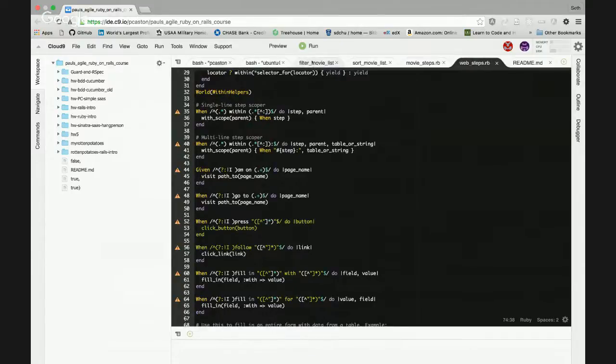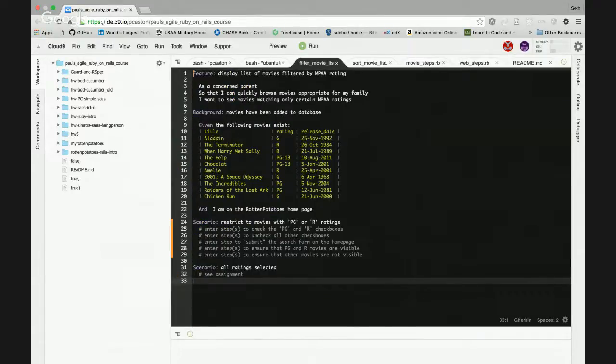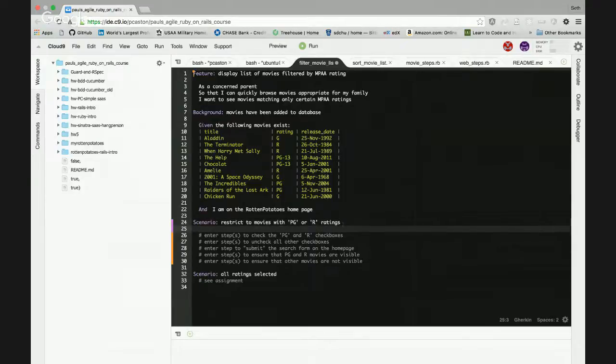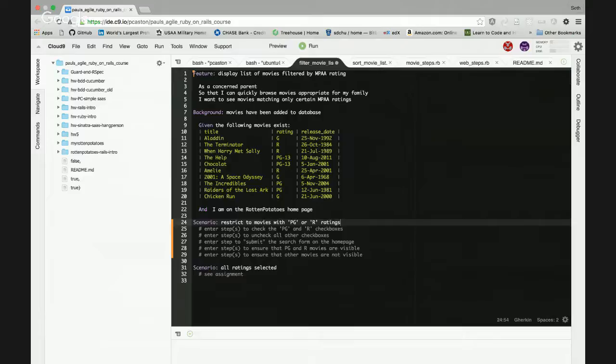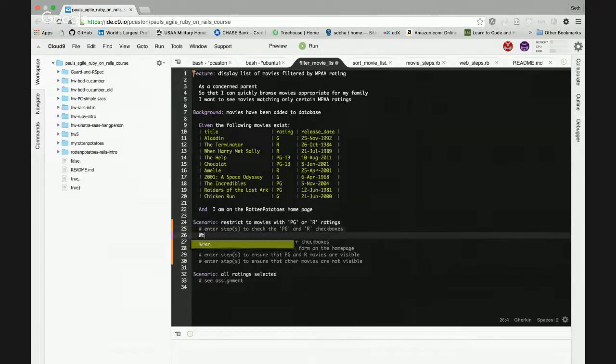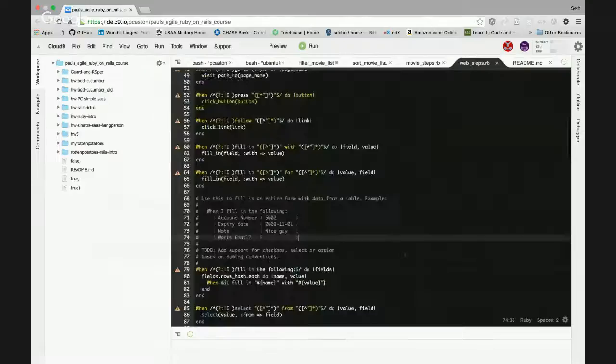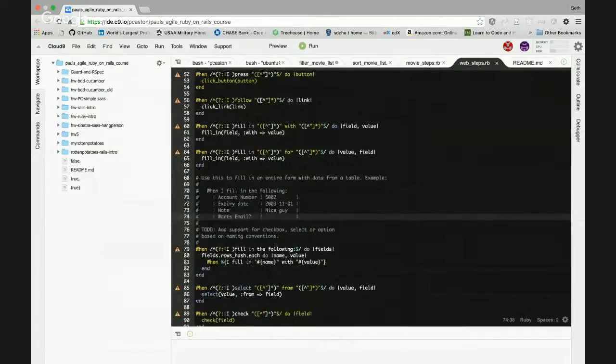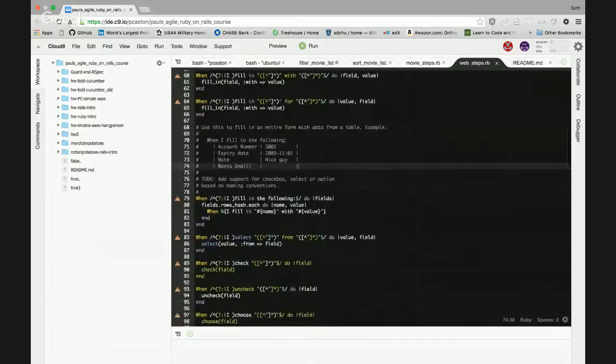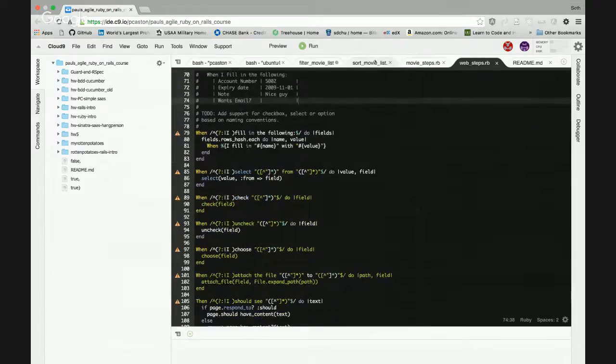Yeah. So for right here, this is going to start off anyway. Well, let's go underneath it. That makes more sense. When I something, and it's going to have something to do with checking boxes, and they're saying there's probably something established in the web steps file. So there's when I fill in the following fields, when I check something. So let's see, when I check,